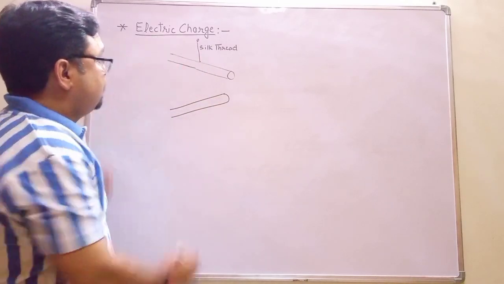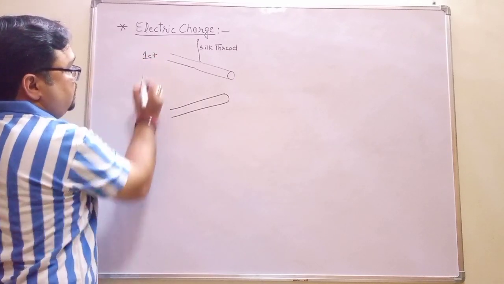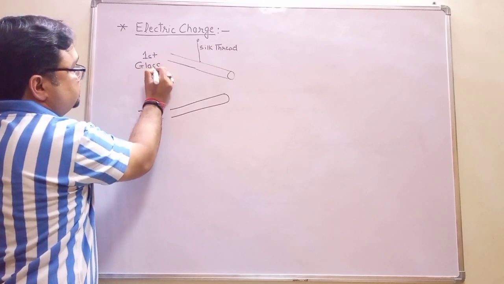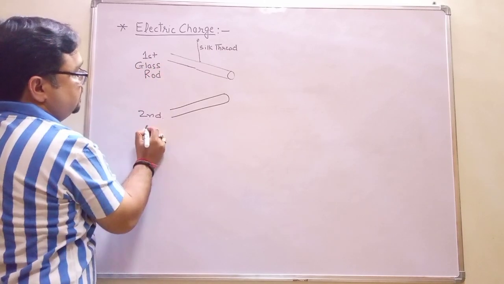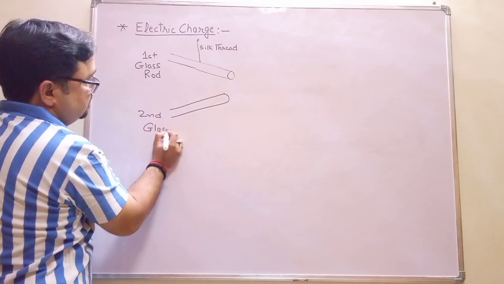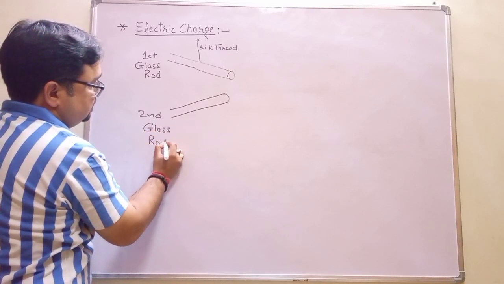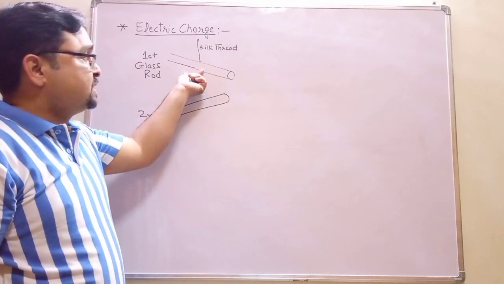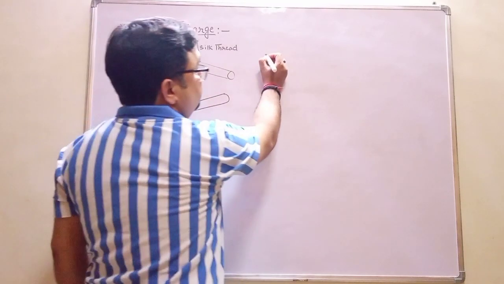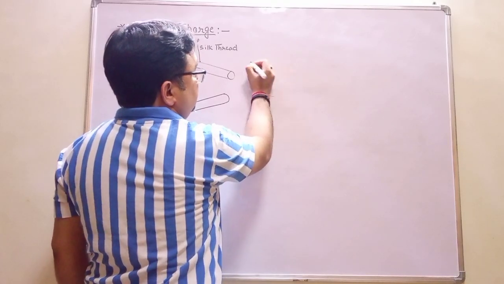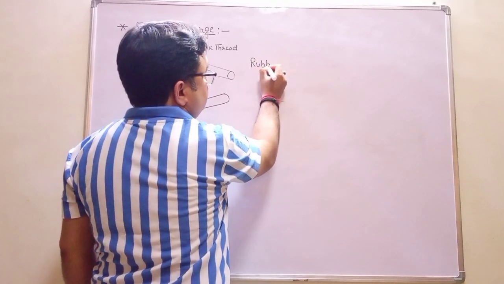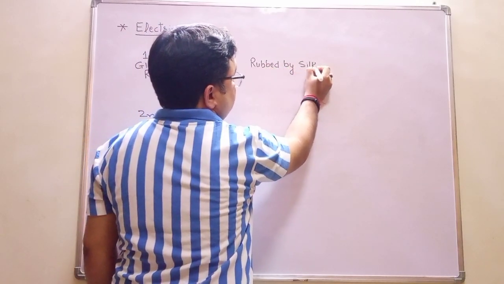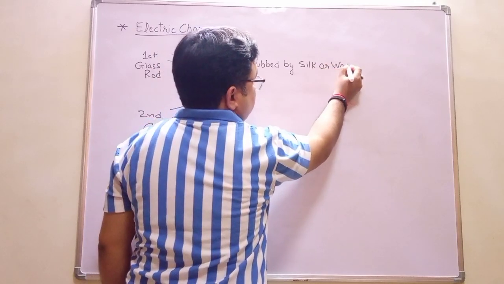Let us say this is the first glass rod, and this is the second glass rod. So in this experiment, if we rub this first glass rod with a piece of silk or wool,